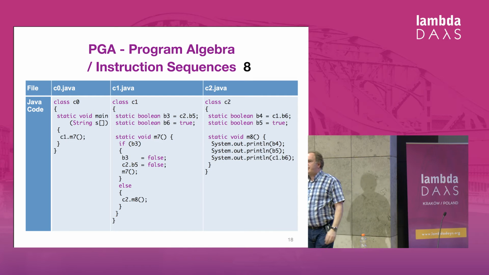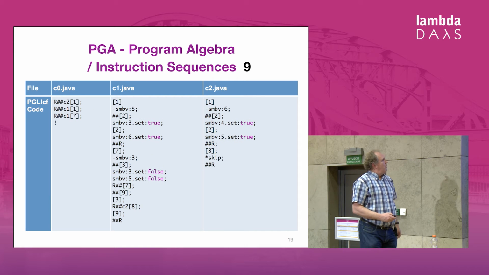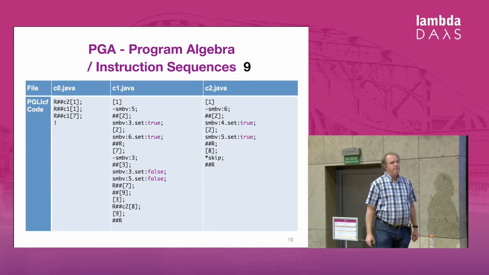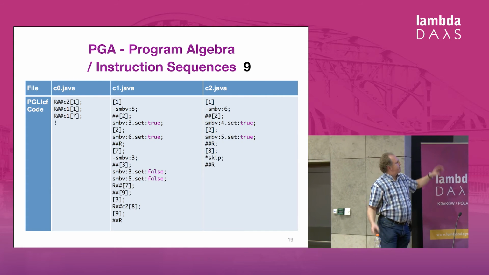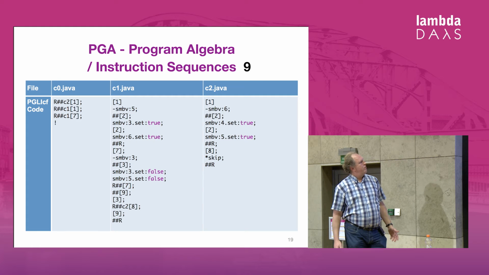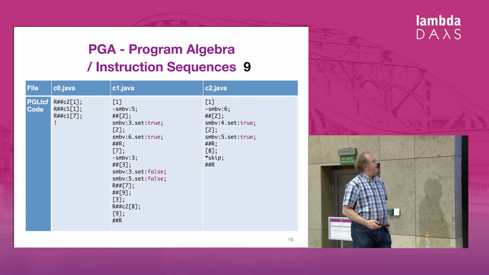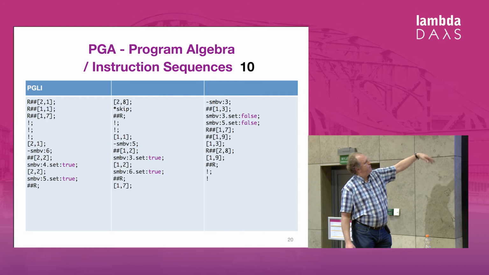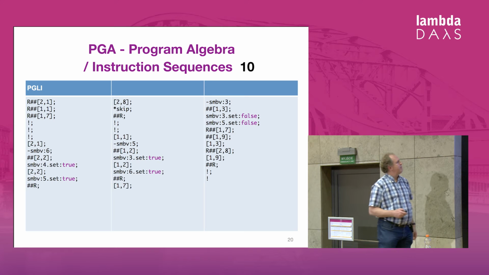In practice, these things are very hard to reason about if you just think in terms of Java. But by hand, you can translate this into program algebra on a high level. It looks a bit strange at first sight, but this is the essential stuff, what happens there. Then you can project it one level lower, and basically you are getting rid of these method calls. And at this level you can already reason about what will happen with the variables, what value they will have after initialization.